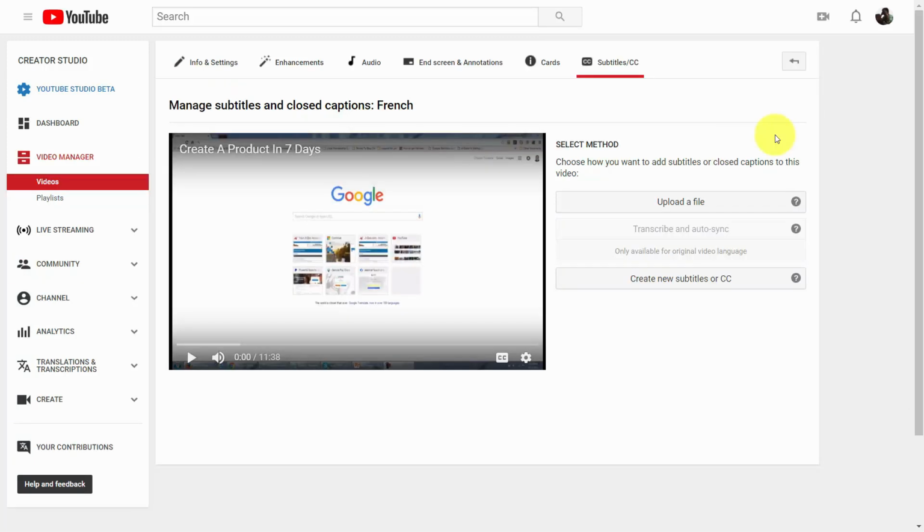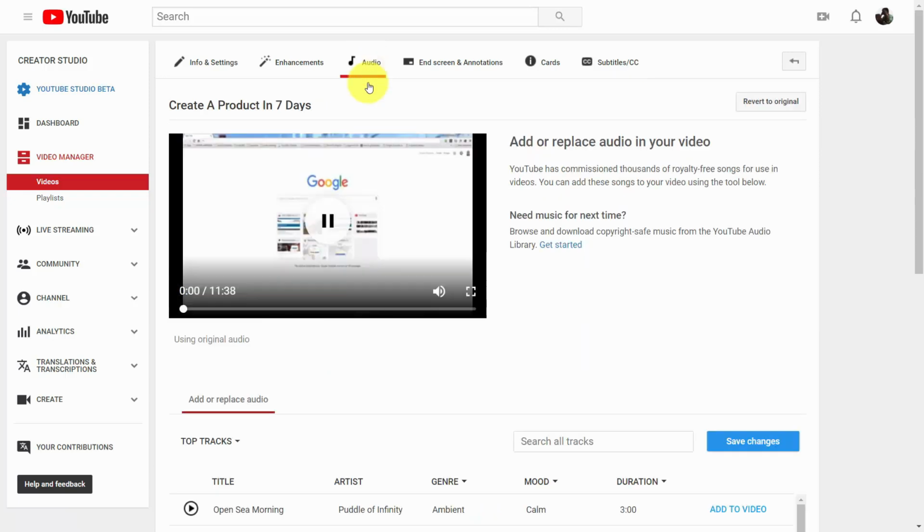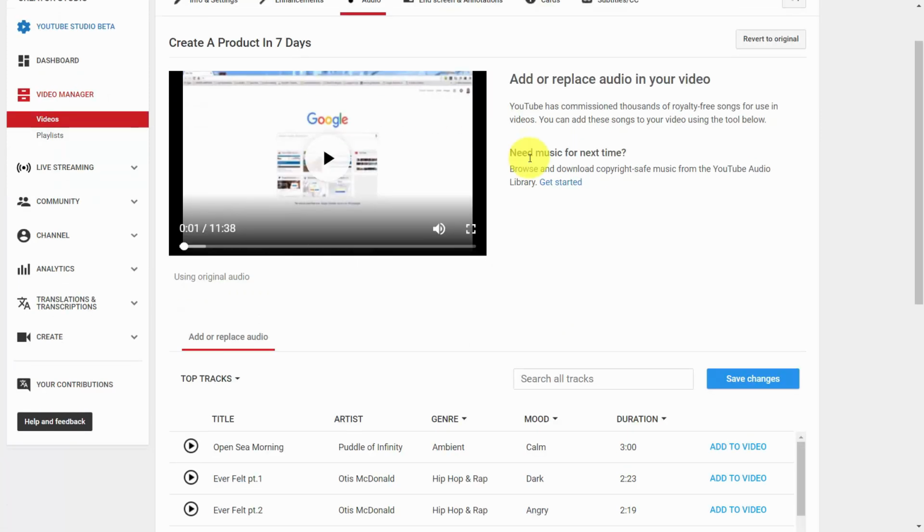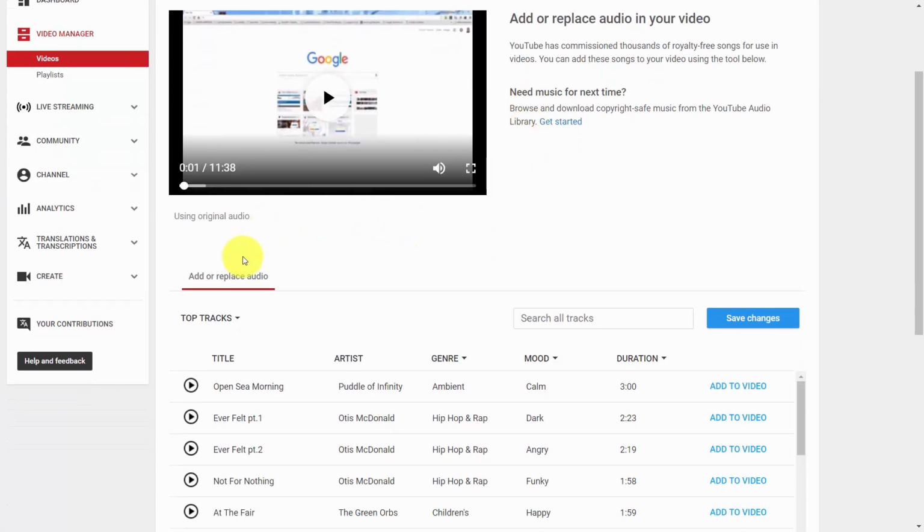Welcome back. Now, depending on what your live stream is and what you're trying to do, another part of the post-production process may be to add music. You can do that inside of your video editing screen by going to the link that says audio. When you do that, you'll notice that you can add or replace audio inside of your video. Now, you're not going to be able to add anything from your personal computer to your existing video, but you will be able to add music that is already available on YouTube as either background music or to